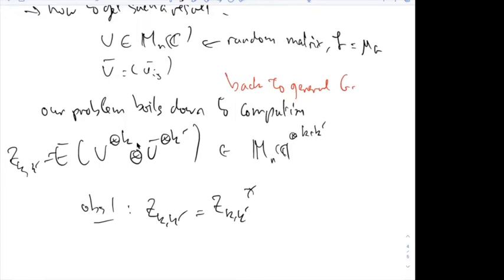Could I very quickly ask? So this expectation, is it like the trace of this integral over U tensor K tensor U bar, or what? Not even. It's just, you see, it's a vector. It's a random vector, and I just take the expectation of the vector. So this is the matrix, right? It's the integral of this expression over the unitary group. Yeah, exactly.